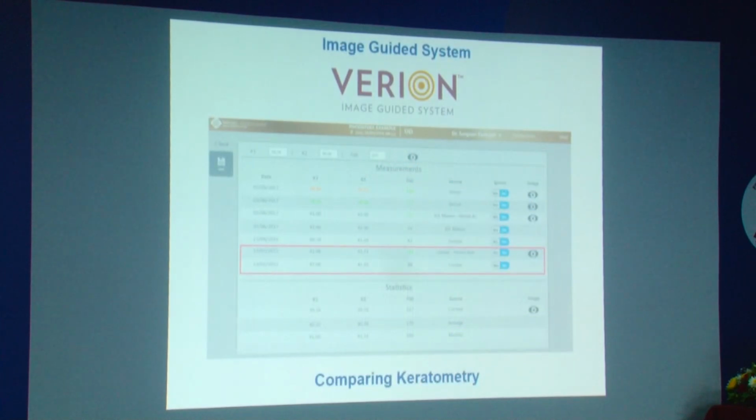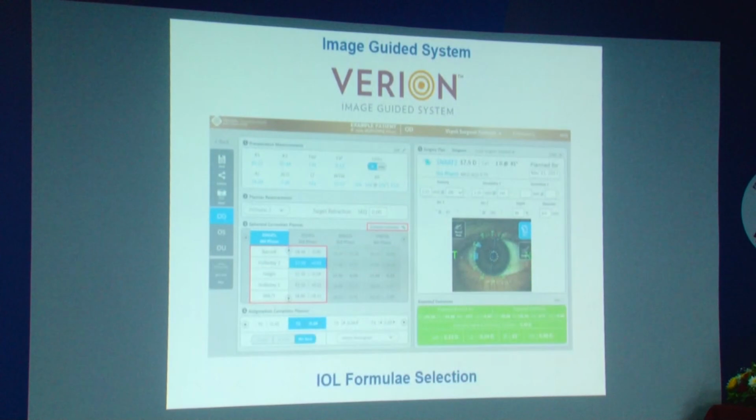I have experience with the Verion. You have either the Verion or the Callisto. Again, here you can compare the various keratometries which you have fed in from the other instruments, as well as the keratometry measured by the Verion, and you can either take the two closest matching keratometries, or you can take the keratometry which is a median or an average of all the